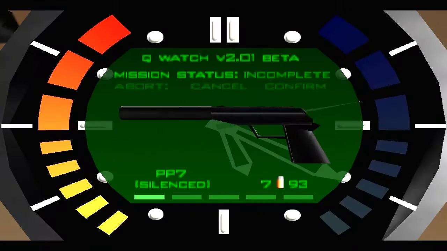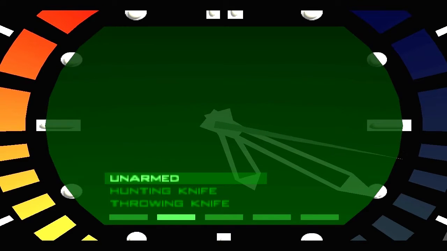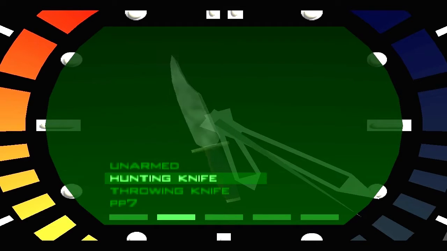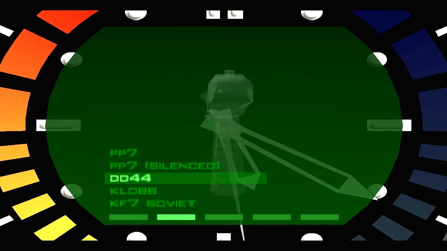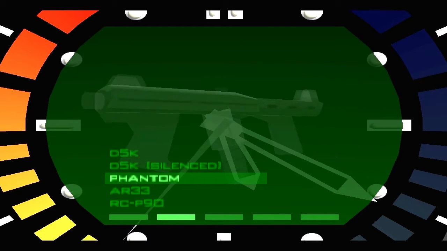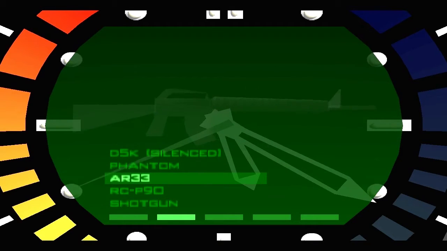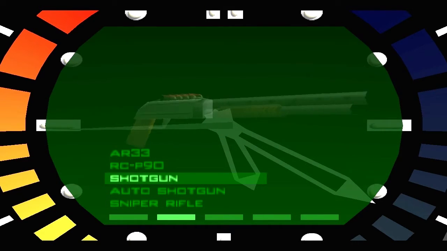But before we start the level, I'd like to show you the inventory of items, now with the All Guns cheat enabled. So we have the hunting knife, a very cool type of knife that with one single hit you can kill everyone. The PP7, the DD44, the Club, the KF7 Soviet, the ZMG, the G5K, the Phantom, a weapon that we see on the Frigate level but we didn't use it, the AR-33, the RCP-90, a shotgun, a brand new weapon that we didn't see in the game,